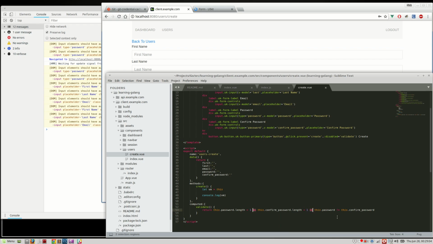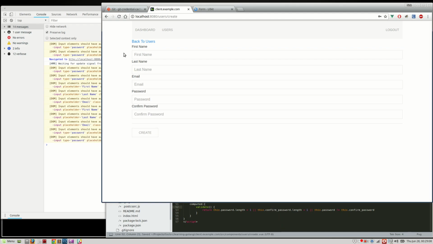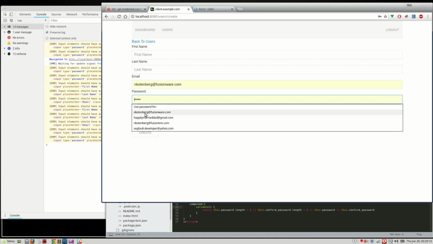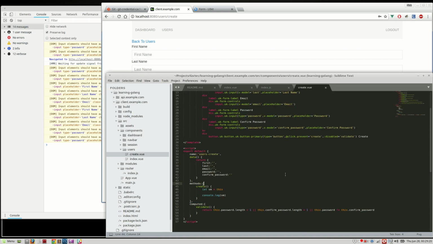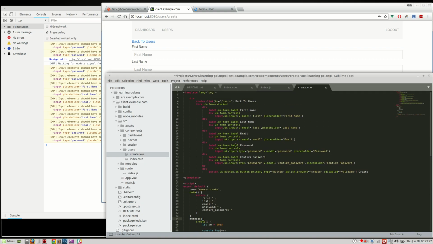Oh, and these also need to be OR statements. There we go. 1 2 3 4 1 2 3 4. You'll see that. Okay, good. And then if these are both empty, since empty is not a valid password, there we go. Okay, so you have some super basic